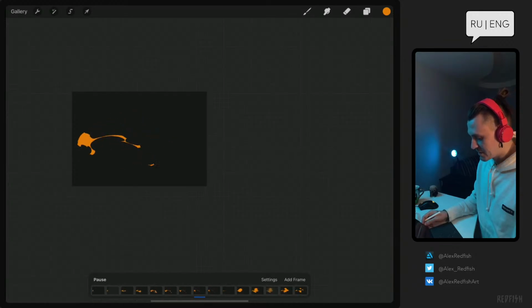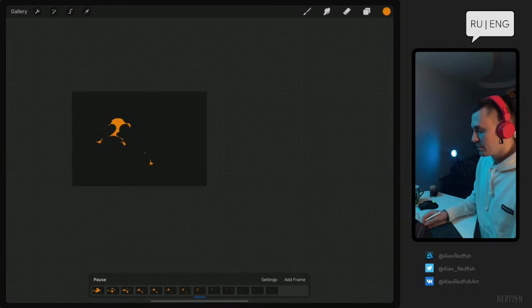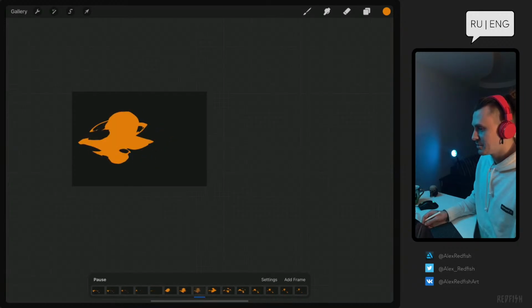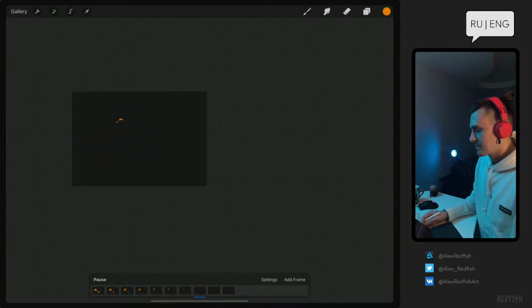Because if you look at real fire, in real life, it also looks cool on stop frames, on screenshots, but because it's so fluid and moves all the time, it's really hard to focus on the shape of the fire when you just look at it. If you try to do a live drawing of a campfire or something,